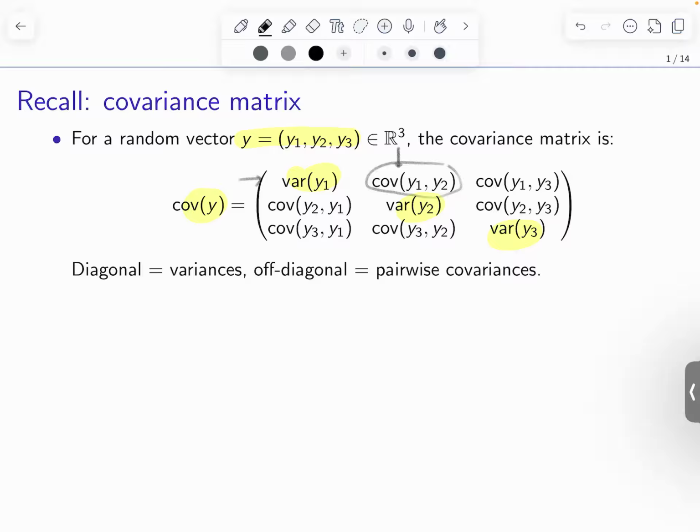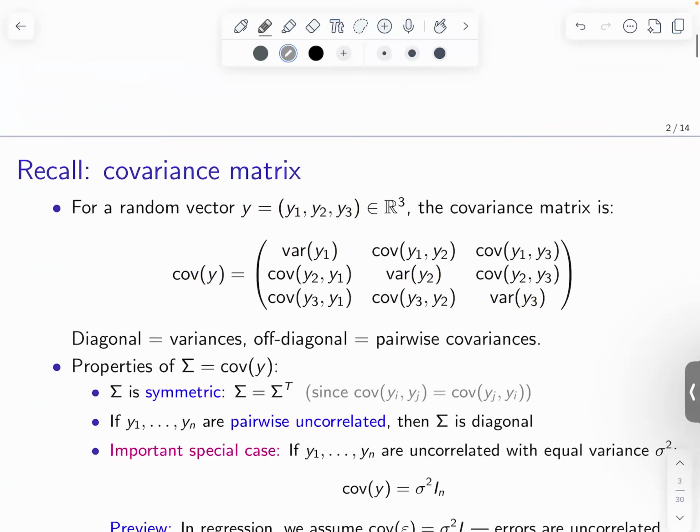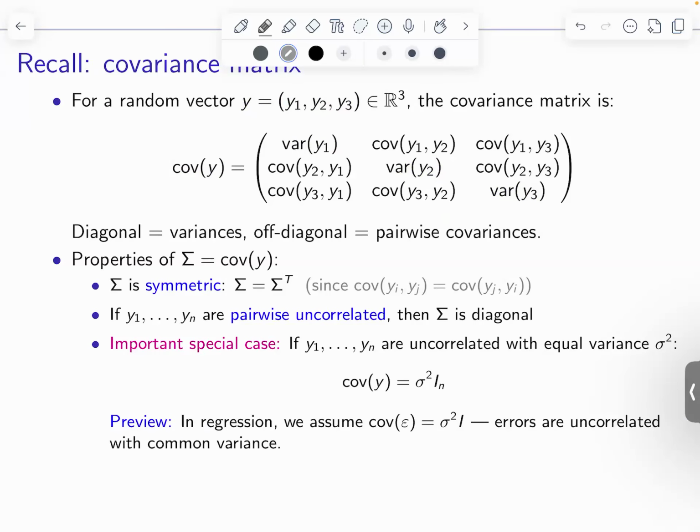And if you note, for example, this entry and this entry, because the covariance is a symmetric operator, the covariance of y1, y2 is the same as y2, y1, so these two are going to be the same. Same goes for these two, and also the other two off-diagonal elements. So there's this mirror image, basically. You can verify that the first property of a covariance matrix is that it's symmetric, which means that the ij entry is the same as the ji entry,